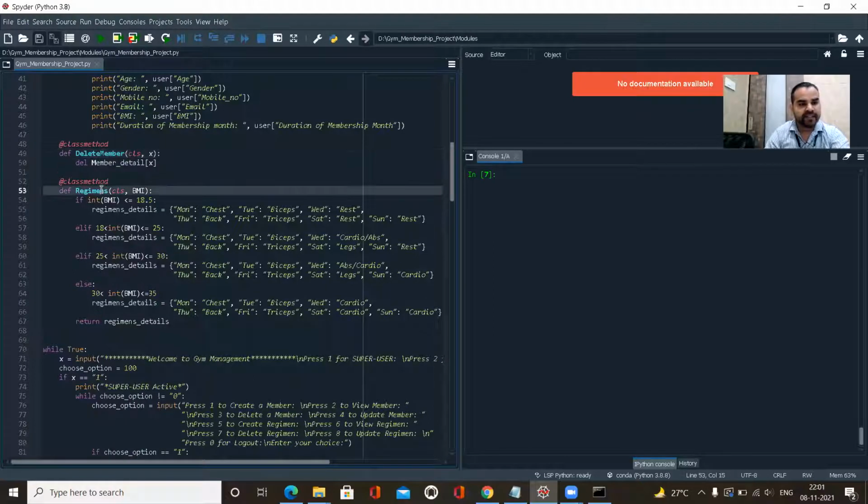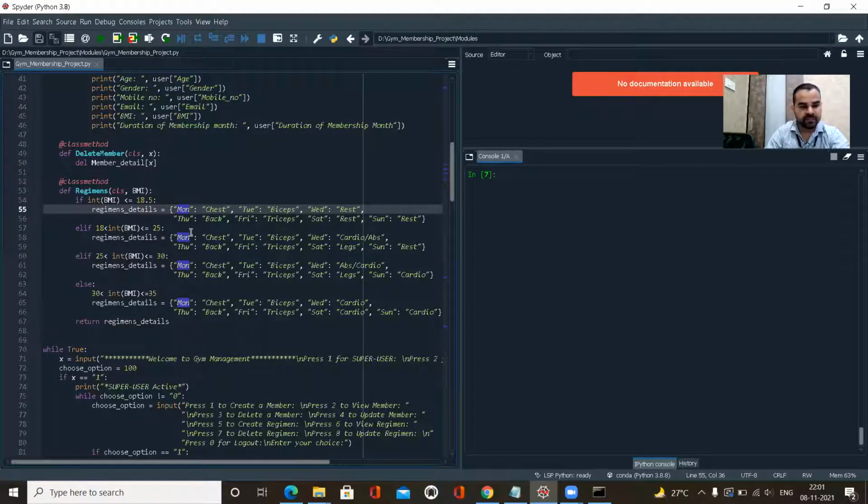Again, here I have created a regimen. I've already told you that there is a default regimen according to the condition. So the regimen here I have created with a criteria. For less than or equal to 18.5, I have given this regimen, for Monday, Tuesday, Wednesday, Thursday, Friday, Saturday, and Sunday.